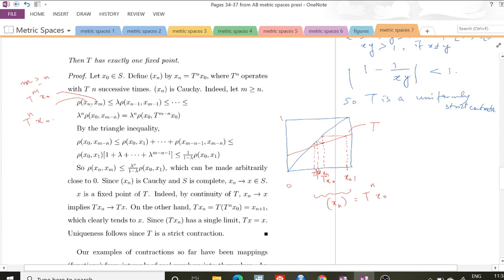So this is a uniform contraction with modulus lambda. So what's happening is that the distance between this pair of points is less than or equal to the distance between